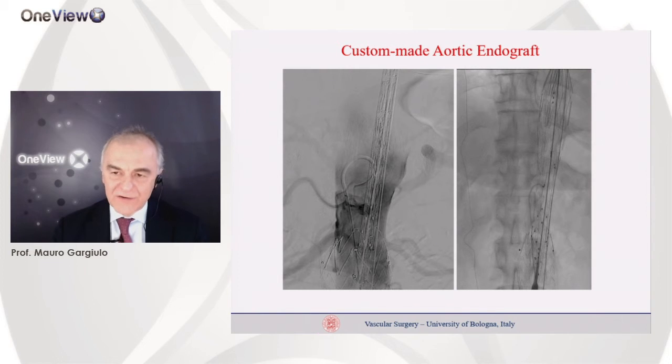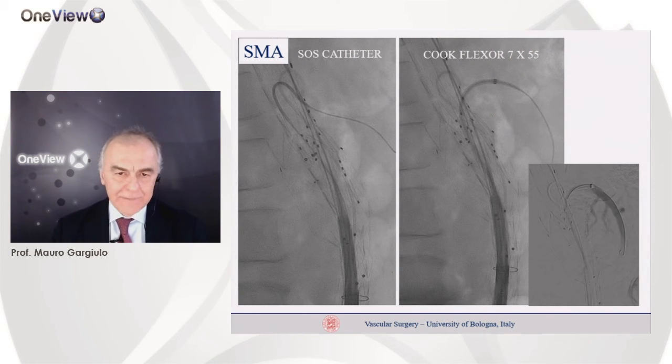In these patients, then we introduced the custom-made aortic endograft. We deployed partially the custom-made endograft according with the angio and the location of the visceral vessels. Then, generally, the first step is to introduce the material inside of the SMA, and you can see that we use the 7 French Flexor inside of the SMA, and after the introduction of the Flexor, generally we use angio to define correctly the location of the introducer and the distal landing zone